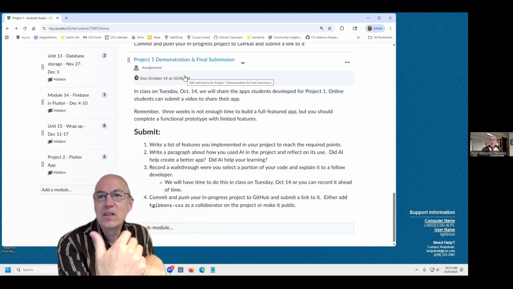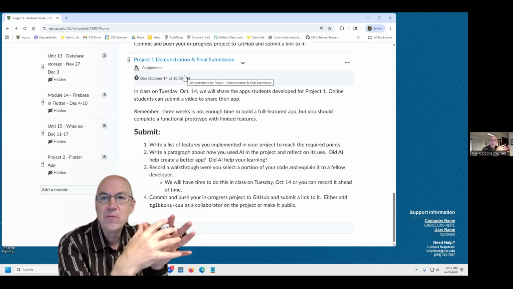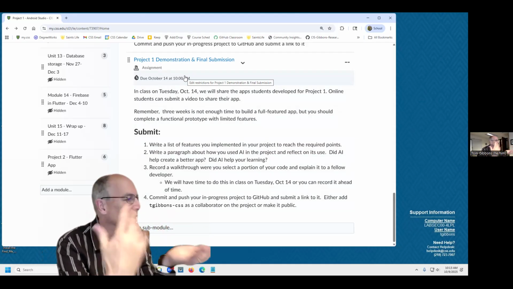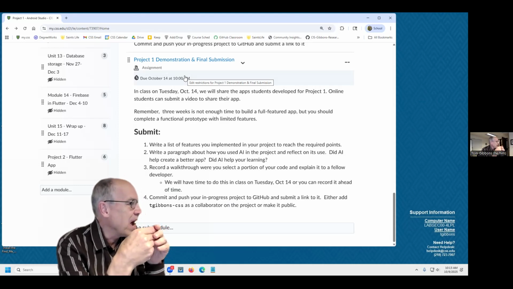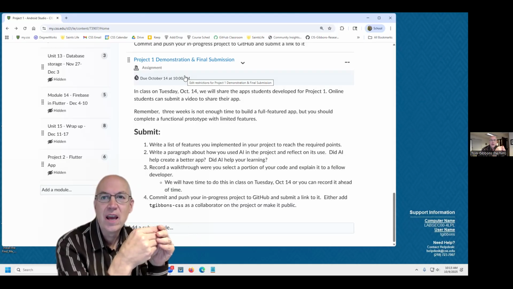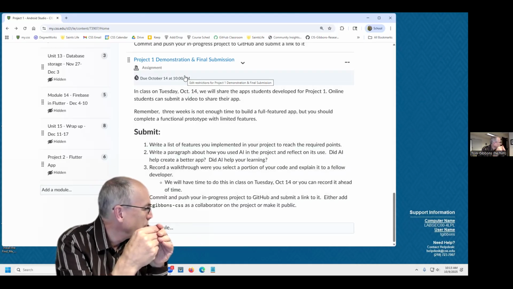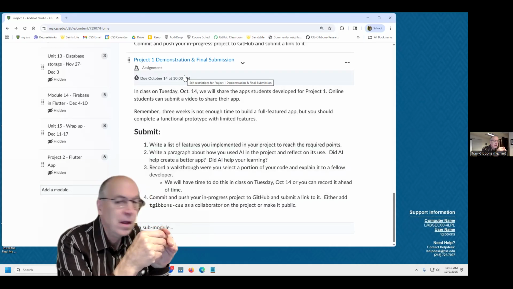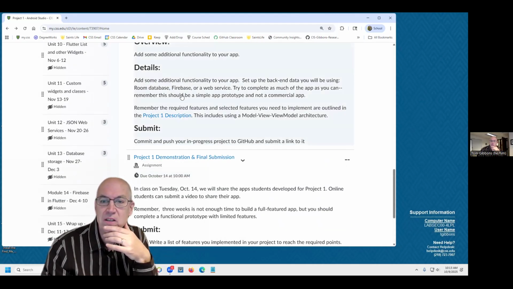Once class starts, I'm going to switch that to midnight that day. So you won't actually have to turn anything in until midnight, but that's a reminder that you should be coming to class ready to share. It won't be due until midnight that night. Okay. I just don't know how to say that very well. So sprint 1 and 2 aren't due until, or just sprint 2 is due